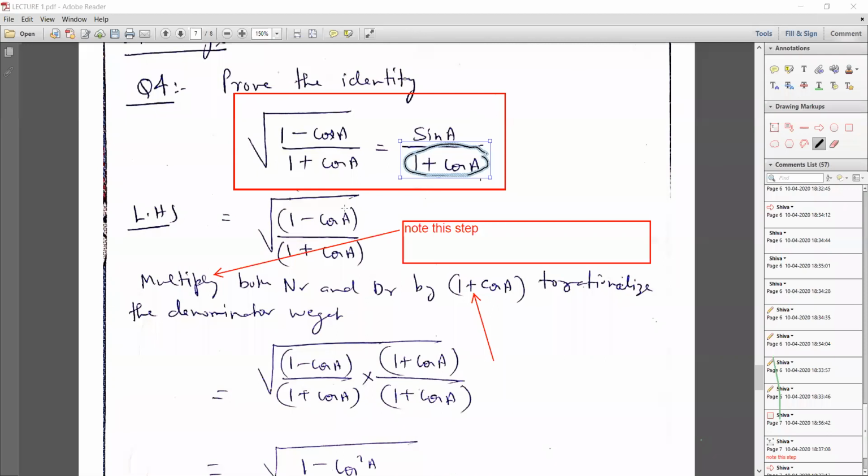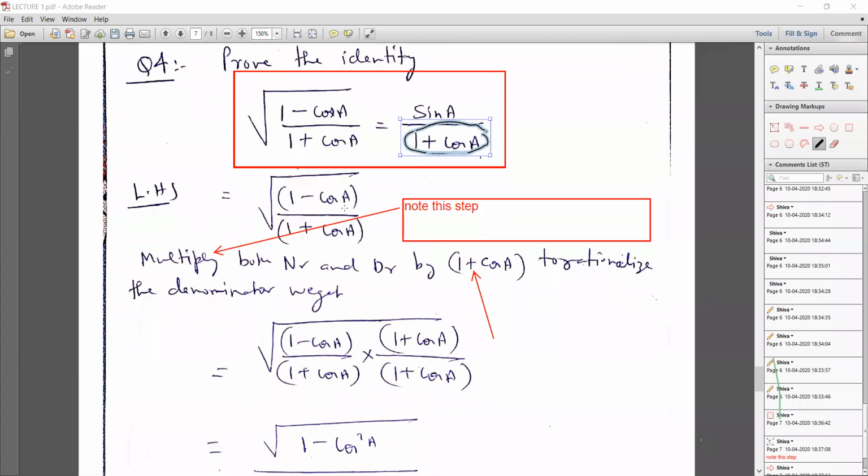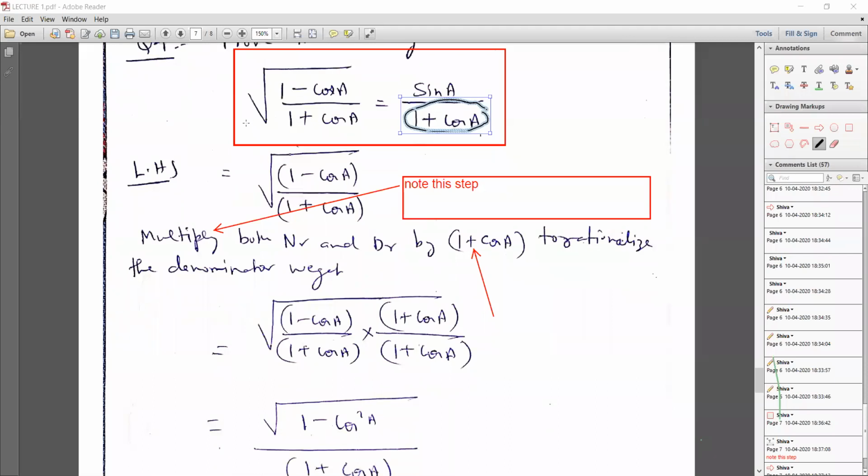Yes, Kushagra. Actually, here I have not rationalized, but I told you that in these type of sums, we generally do the rationalization. But in this case, this sum is an exception. Exception, you are absolutely correct. That's why I have written 1 plus cos A. But in general, that's why I'm telling you verbally that in this case, especially, I'm not rationalizing. I'm just multiplying both numerator and denominator by 1 plus cos A. Okay, you have to remove the root.